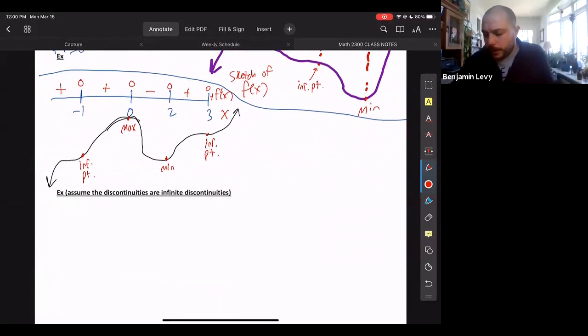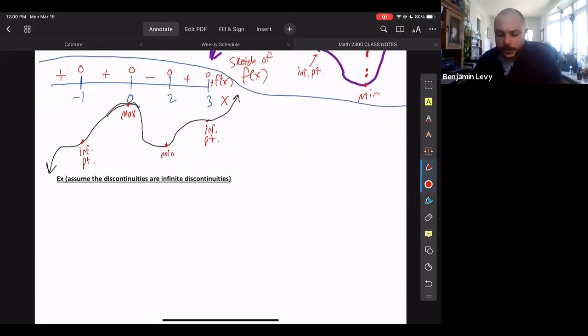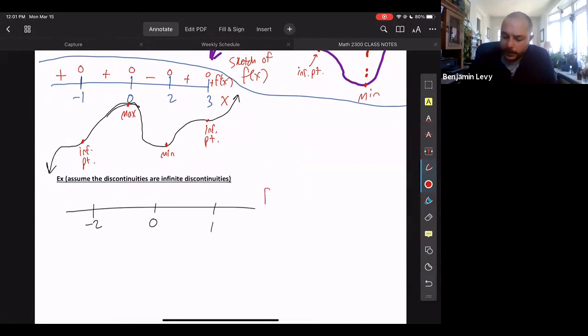All right, there's one more version of these problems that you should be aware of, which is ones that have discontinuities. And so you can see in this last example, it says, assume the discontinuities are infinite discontinuities. And so you could potentially end up with a table that looks like this. So let's say our critical points are -2, 0, and 1. But then when we go ahead and we do the first derivative test,